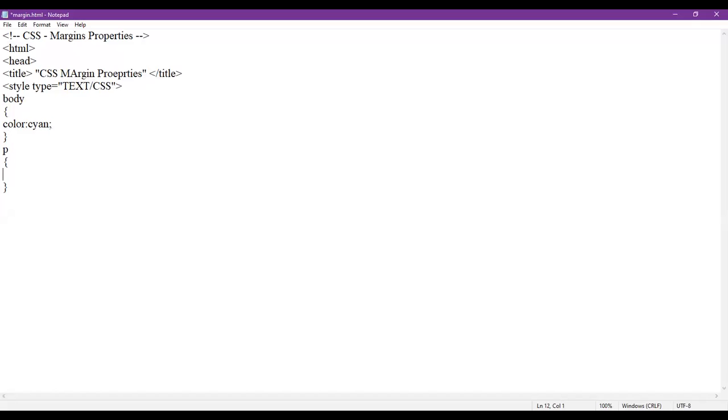I'm selecting the paragraph so that I can give the margin. Just like I'm giving the margin top to, let's say, 200 pixels, margin bottom to, let's say, 200 pixels. Okay,